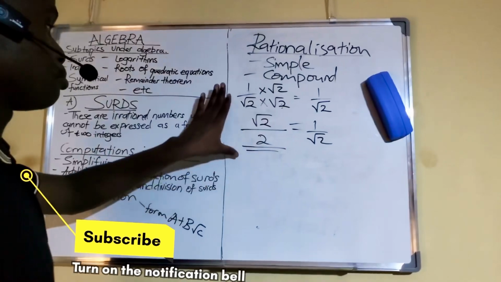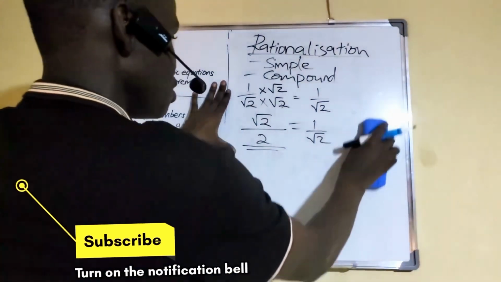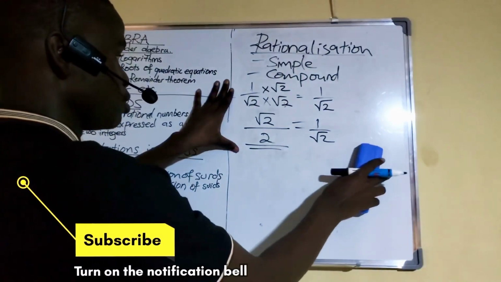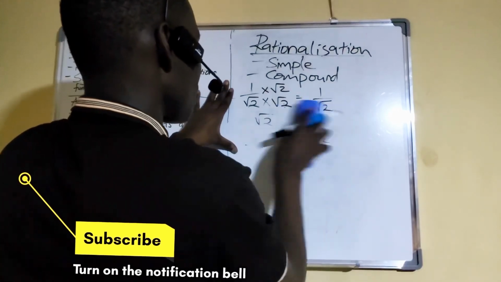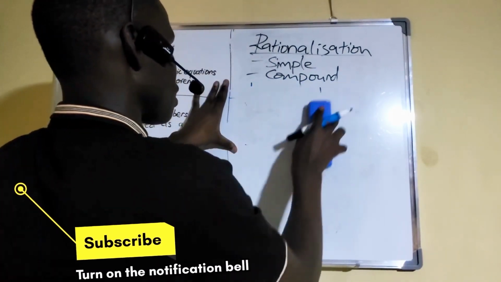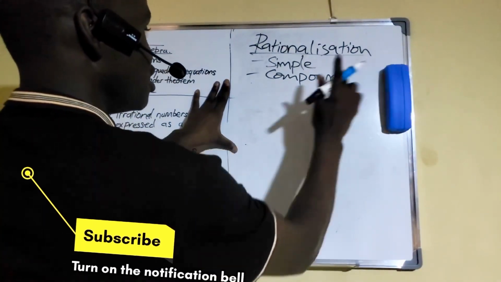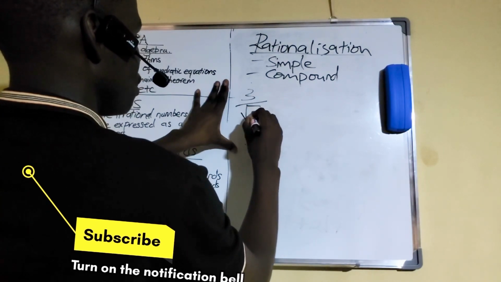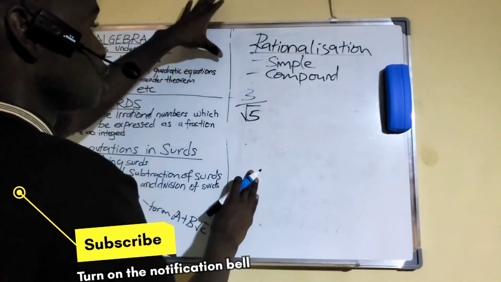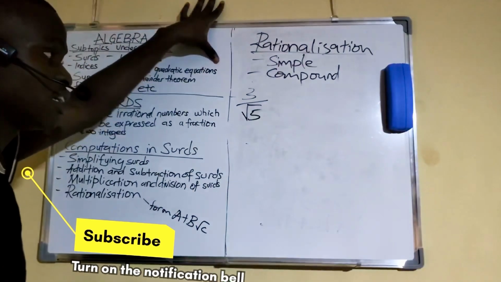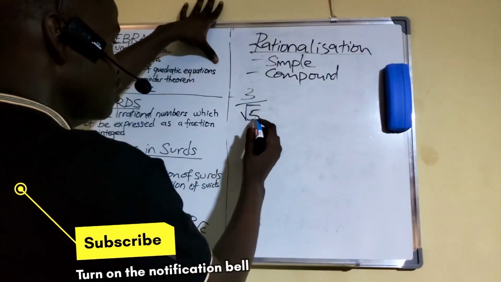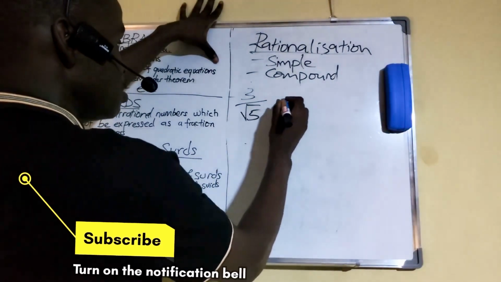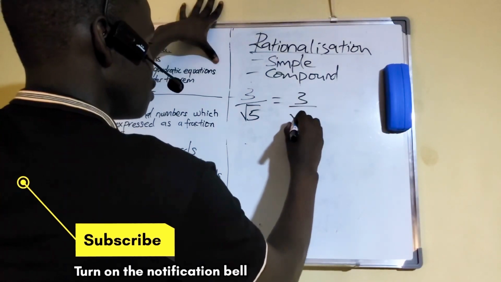Now this is a simple way of rationalizing. Still, we can look at more examples. Maybe we can talk about a number like maybe 3 over root 5. Now if you're told to rationalize this or simplify this further, you can simply say this is 3 over root 5